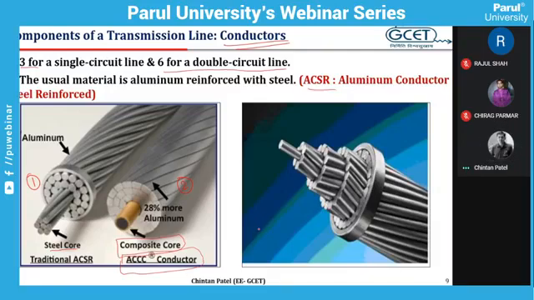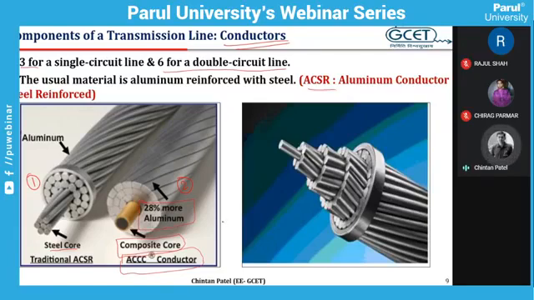Also, there is one more difference between ACSR and ACCC. The cross-sectional area of the outer aluminum strands is trapezoidal. So you can clearly observe the difference that in ACSR conductor there are air gaps or voids, but in ACCC conductor no air gap or no void. So most of the area is utilized, and as a result 28% more aluminum is used.